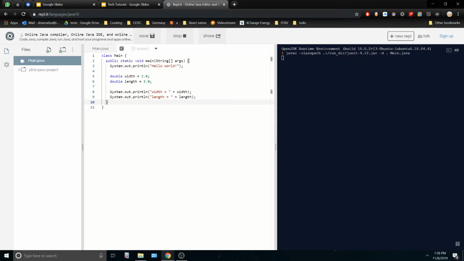Oh, it's so long. Okay. Hello world, width equal to 2.0 and length equal to 3.0. So we're good. And now I'm gonna try to find the area and the perimeter by declaring a new function